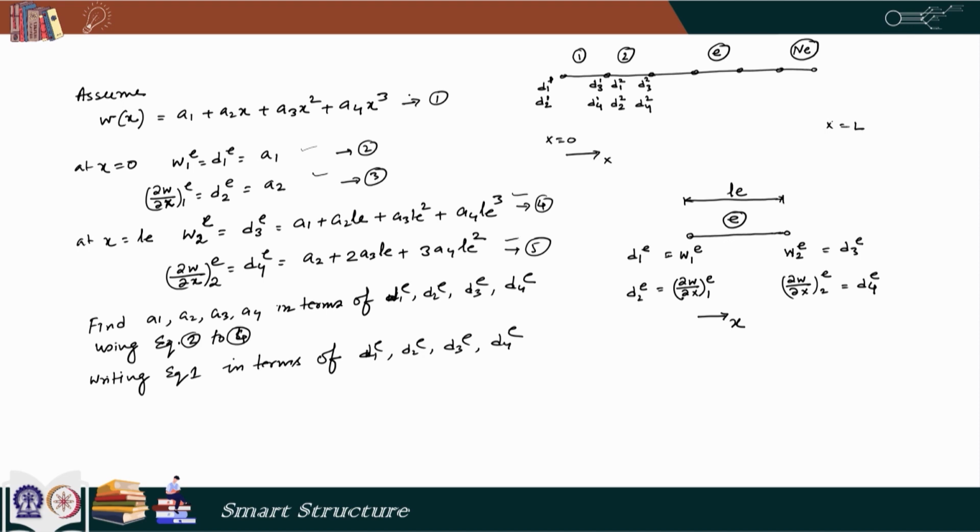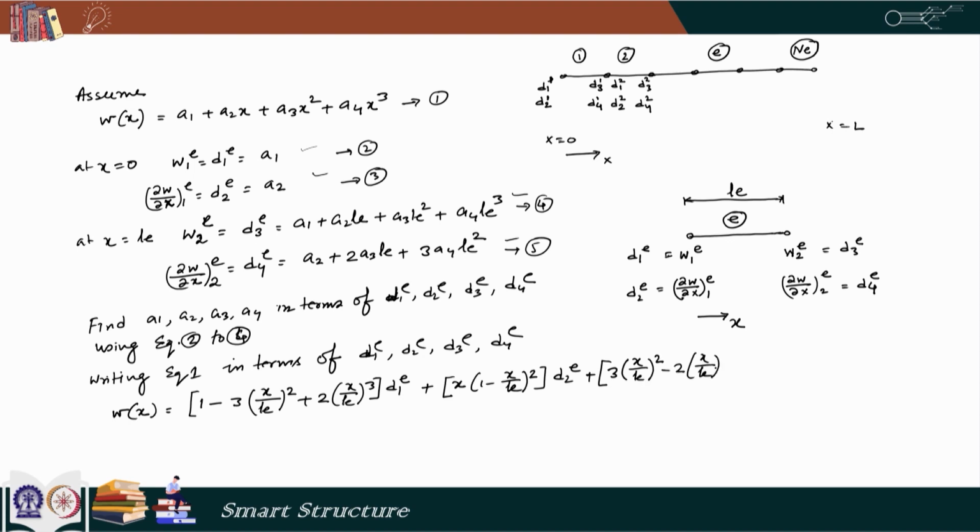If I do that, I get the entire expression as W as a function of small x, we have 1 minus 3 x by L e whole square plus 2 x by L e whole cube, this entire thing multiplied by d 1 e, plus we have x multiplied by 1 minus x by L e whole square, this multiplied by d 2 e, then plus we have 3 multiplied by x by L e whole square minus 2 into x by L e whole cube